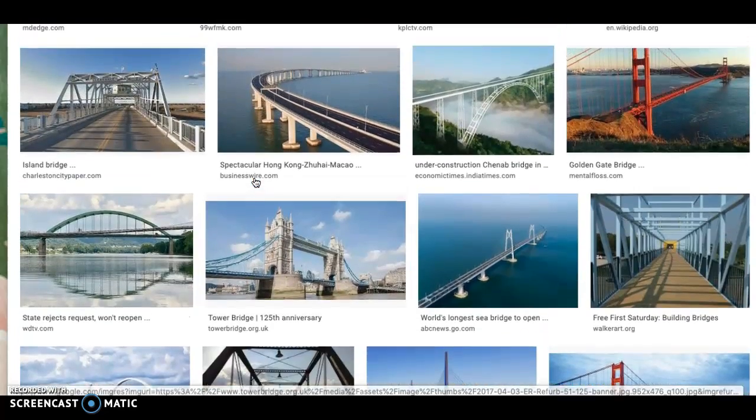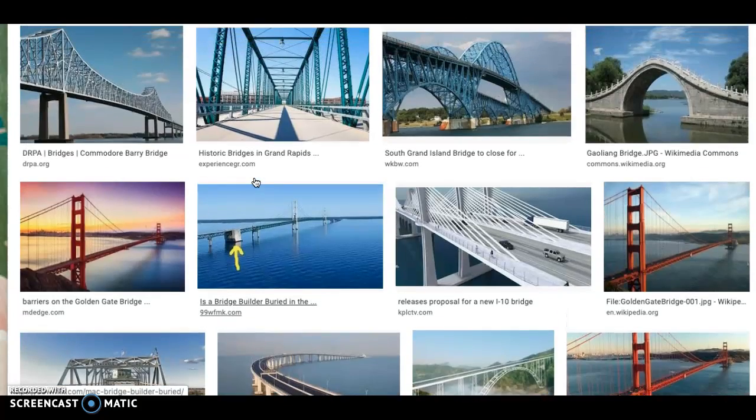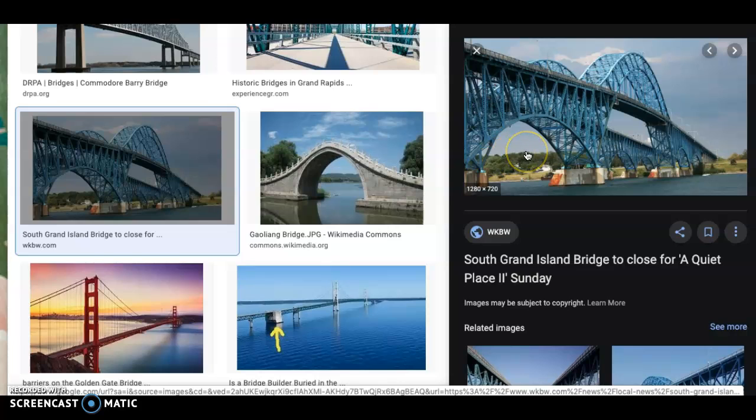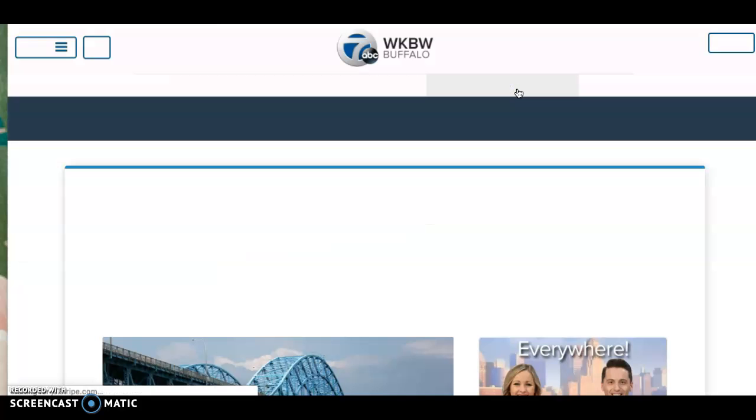I was trying to find one that was a little bit more up close. These are always neat. Maybe I'll add that one. And you can add pictures of things in your community. You could make it like an interactive online field trip, where you have students clicking on different links. So what I'll do is I'll just add the picture of this bridge